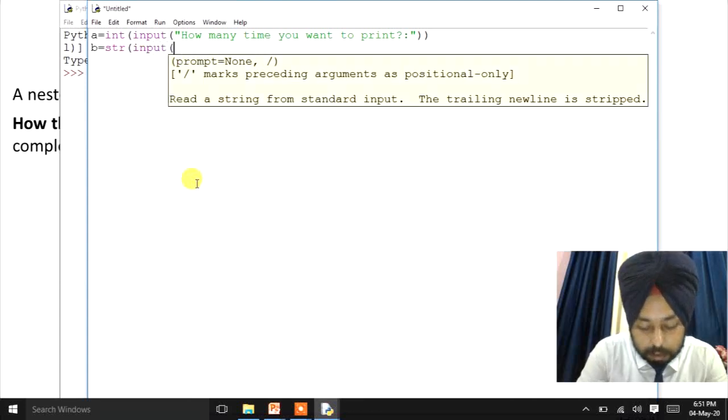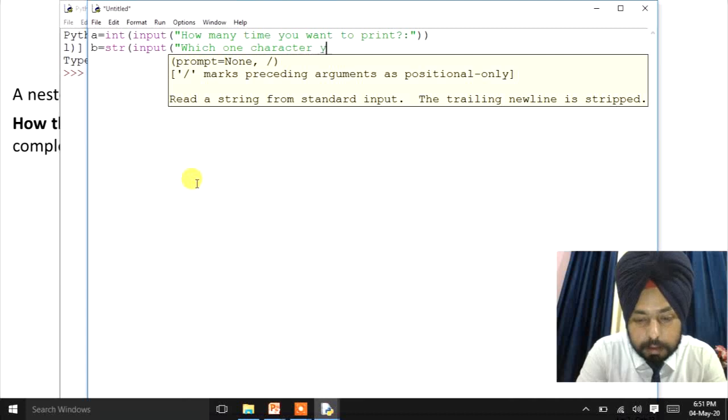Now which one character you want to print, right? It is asking which one character you want to print.